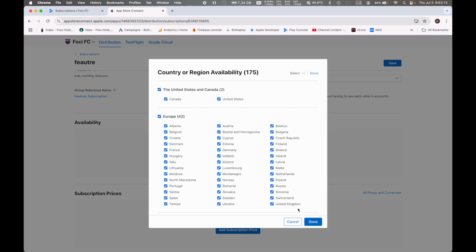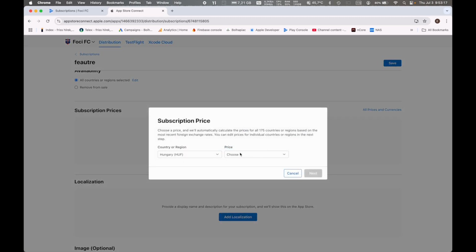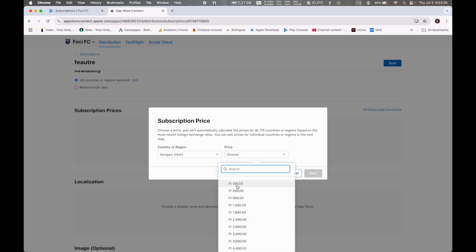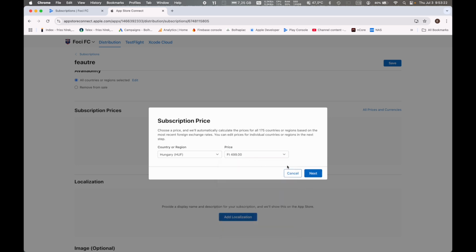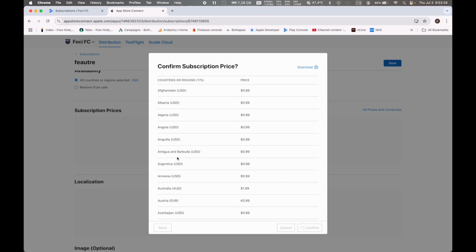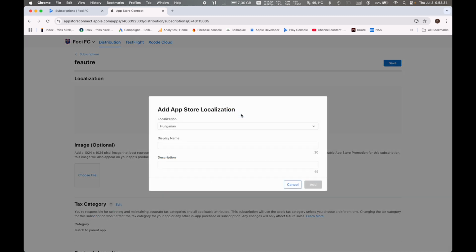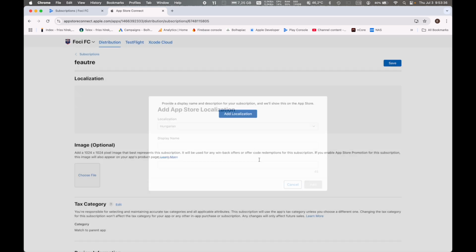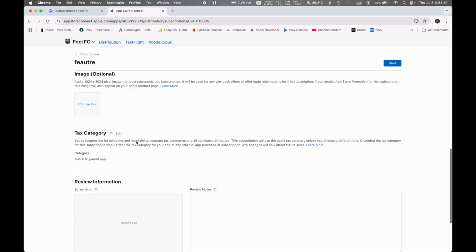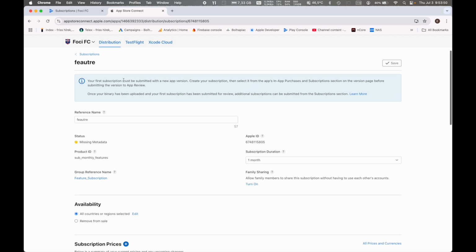Availability again similar to the in-app purchases. Then subscription price, and here you can choose, I don't know, 500 forints, and then again all the regions, and confirm. We didn't change anything. Localization again similar to before, I don't go into it. Image, description, and so on. So let's save it. Okay, and let's go back to the